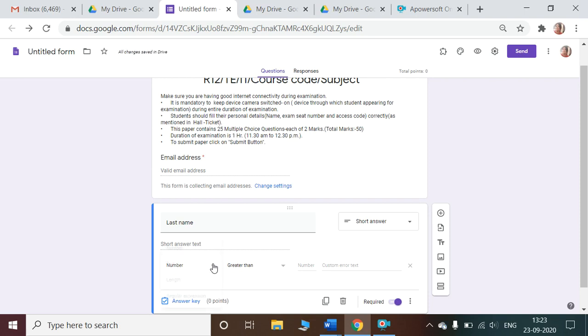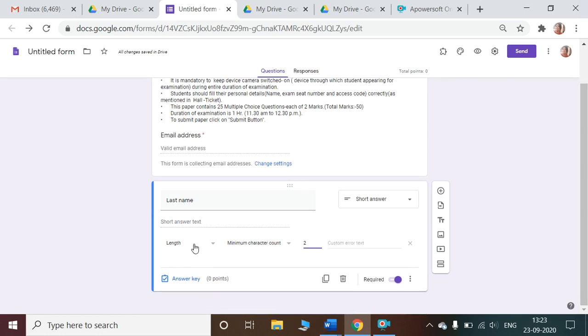Now in this drop down box, click on length, go to minimum character count, number as 2. So what we have done is we have added a validation which says that the length of the name the student will enter over here should be minimum 2.